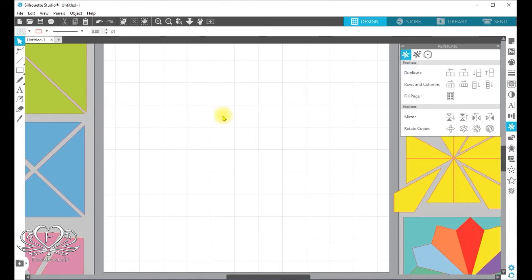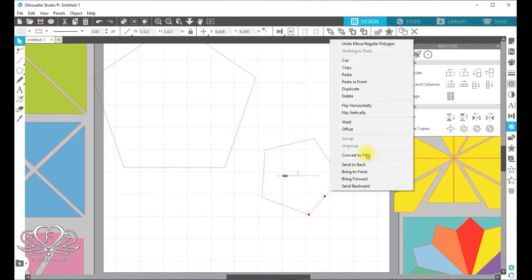Finally, I want to draw a hexagon on the page, and to do that we need to go over to the left hand menu bar, and up on the drawing tool option here we have polygon as the last option. When I draw this out, I want it to be straight on the page, so I'm going to click on my Alt key, hold that down as I drag the object out. If I didn't do that, I'll just show you, it just ends up in all sorts of angles, and so I don't want that. I'm deleting that,